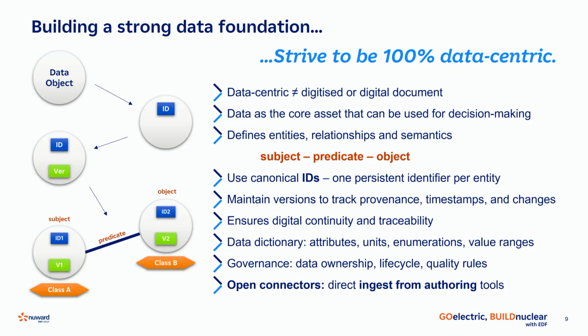So in NUWARD, we have come up with a strategy that we want to be 100% data-centric from day one. We are not just pushing documents around between different stakeholders. We want to make sure that all our data from the beginning are 100% usable by all the systems, and are made available to the people that need to use them to make decisions. To support that, the only way we could do this is to join up all the data from different silos. And the way to do that is through connecting the data points from different data sets through a graph.